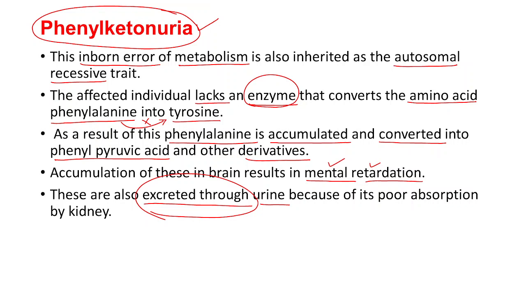And the important point to be noted here is that it is an autosomal recessive trait, and the enzyme responsible for conversion of phenylalanine into tyrosine will be absent. It will not be produced. Due to this, accumulation of phenylpyruvic acid and other derivatives will take place. Right? Next one,